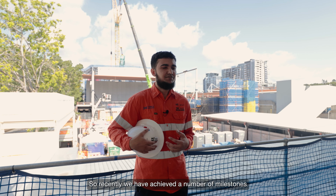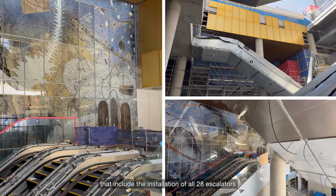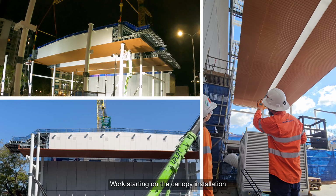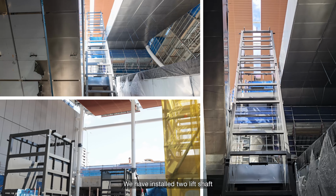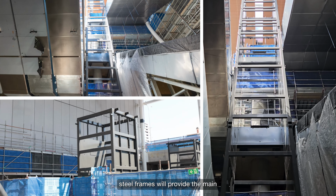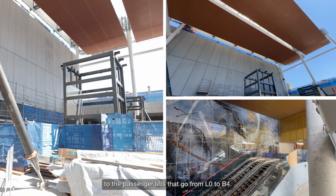Recently, we have achieved a number of milestones that include the installation of all 28 escalators, works starting on the canopy installation and the completion of the rail track in the cavern. We have installed the 2 lift shaft steel frames in the main station building. These lift shaft steel frames will provide the main structural support to the passenger lifts that go from L0 to